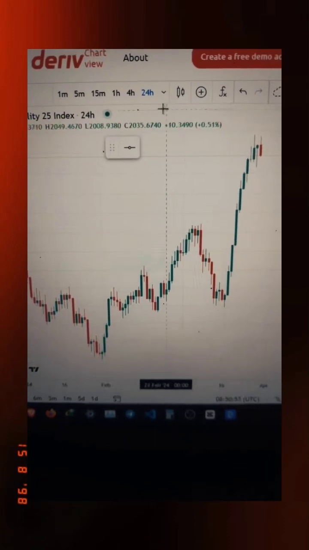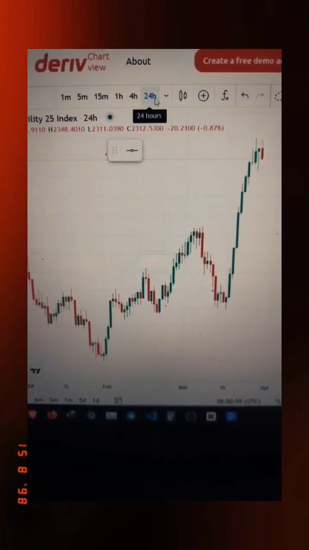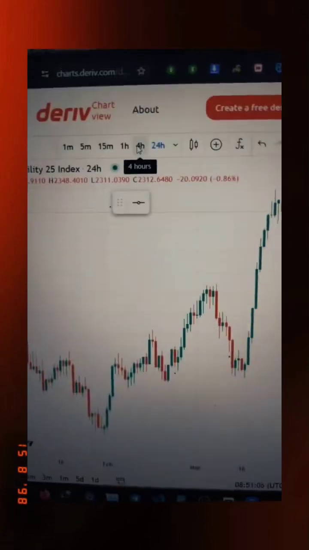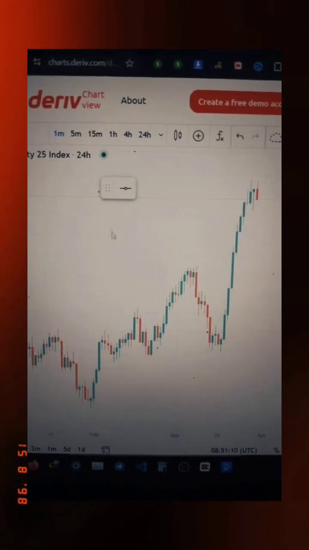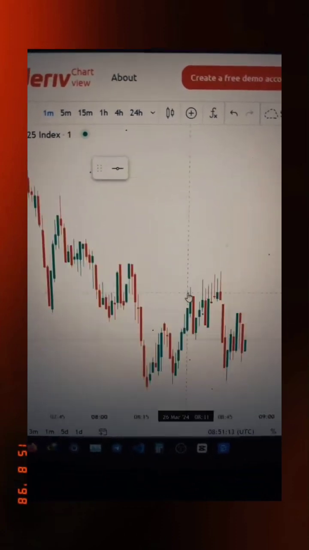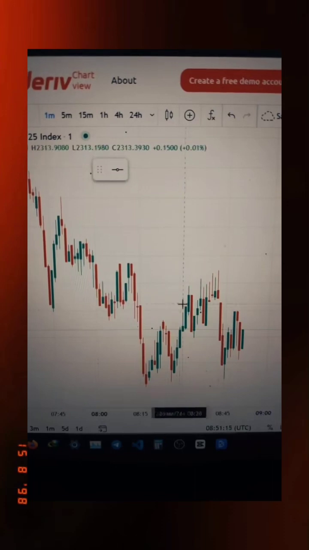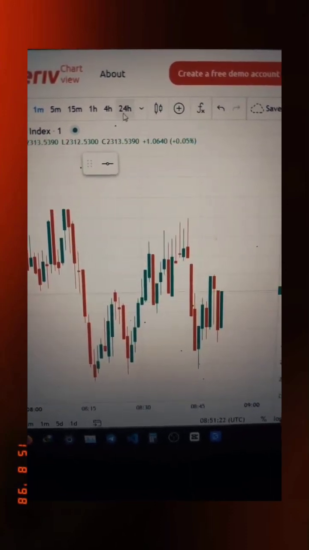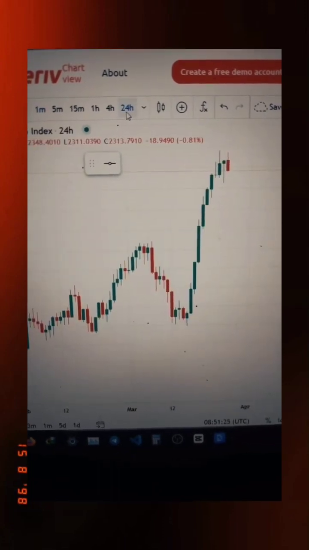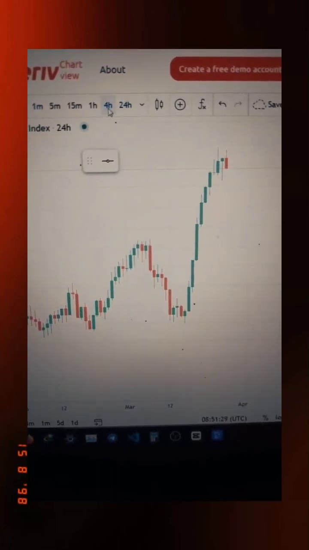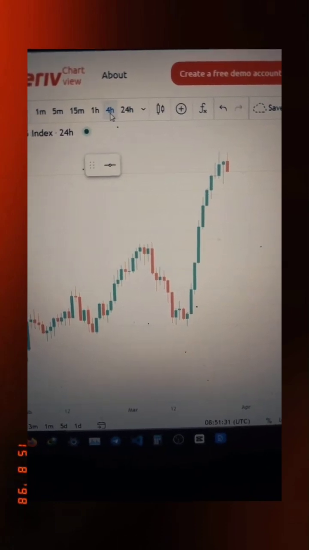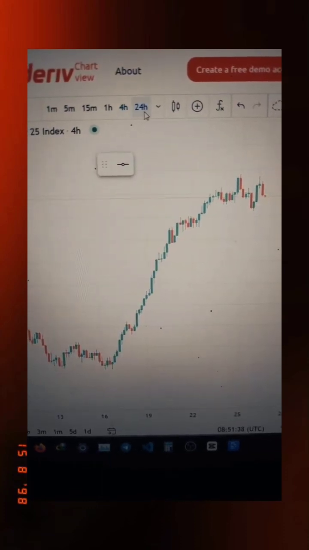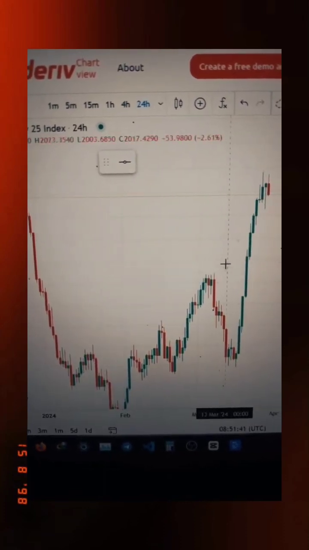So I want to be on the higher time frame, on the 24 or 4-hour chart. Don't go in the smaller time frame, because if I go in the smaller time frame, everything is noisy. You see a lot of up and down movements and you cannot even draw a clear support and resistance line because it's so busy. So I want to see a lot of data for several days or maybe several hours. And if I also go to the 4-hour time frame, it's better than trying to draw on the smaller time frame. So let me just start by marking my support and resistance lines on the higher time frame,